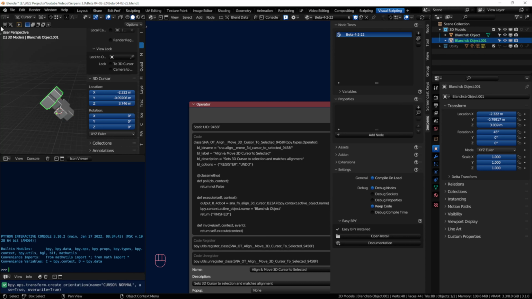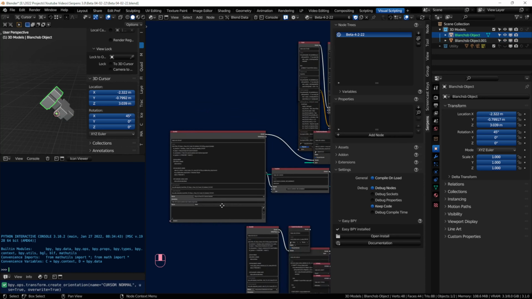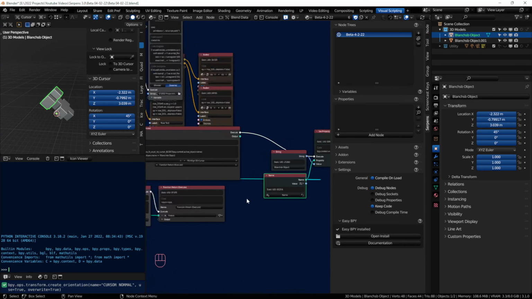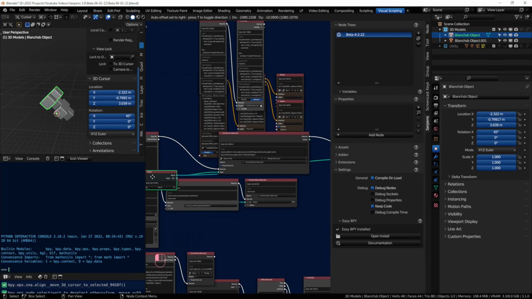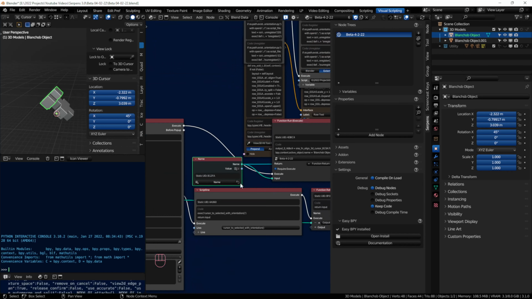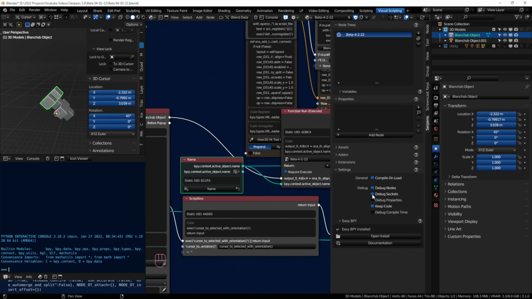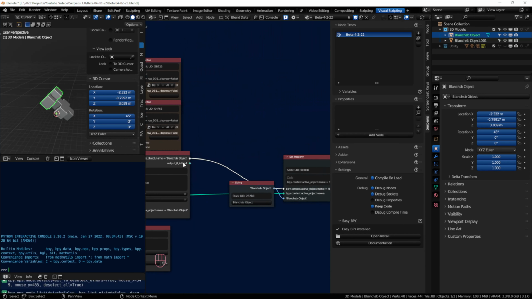Yep. But when I send this property through, oh, debug sockets, active object name. When I send that into here as the input, and I send this as the output,